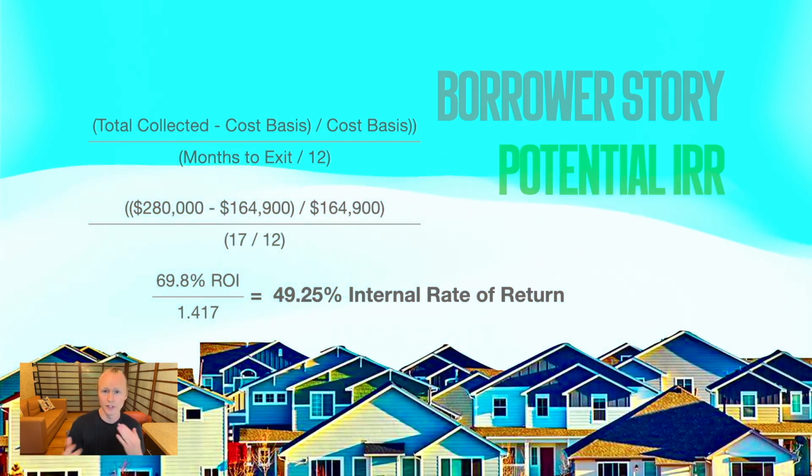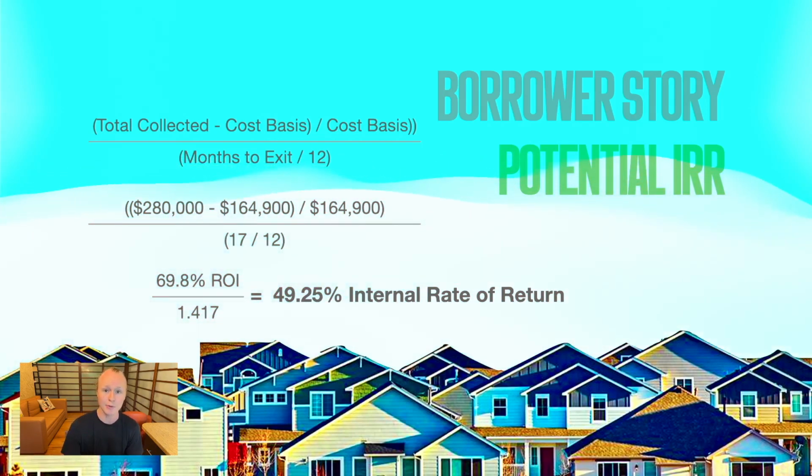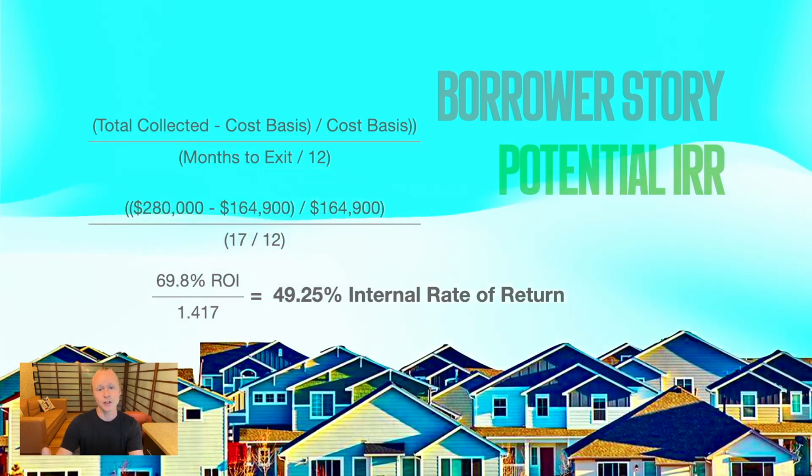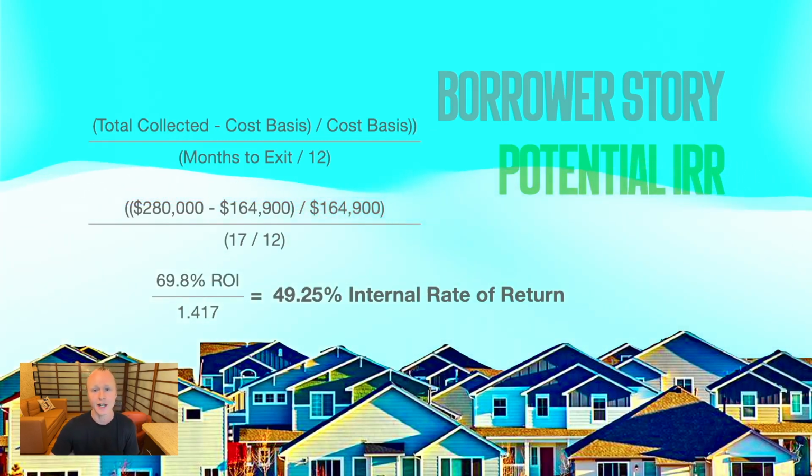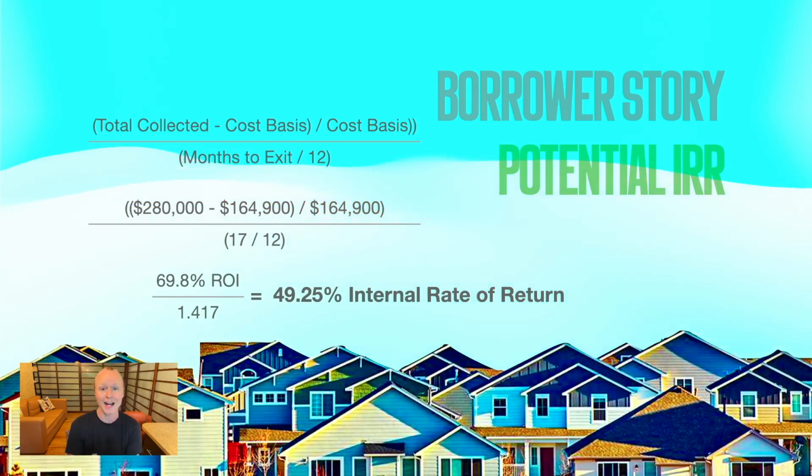Now, this is really contingent on redeploying that capital to continue to put your money to work. But when you look at it in a vacuum here, you can see that the faster a deal is done, the higher your internal rate of return. Now, a better way to calculate IRR is going to be with the XIRR formula in Excel, where you can